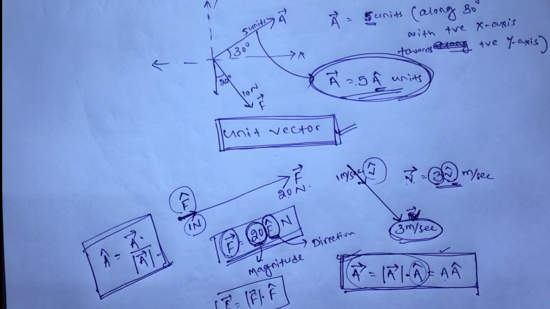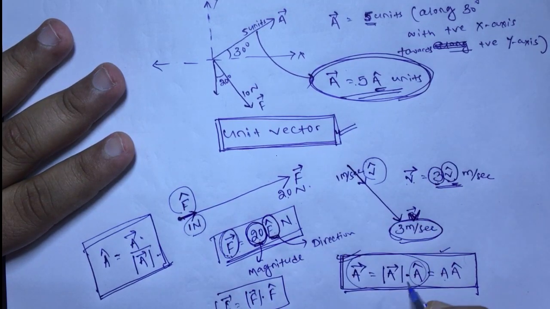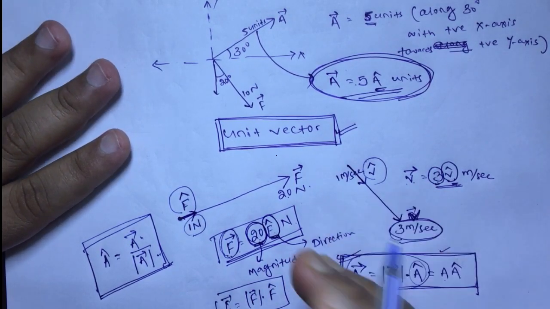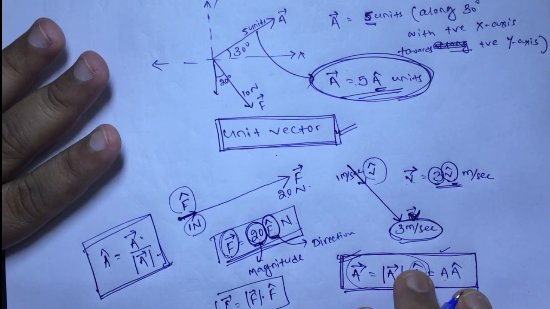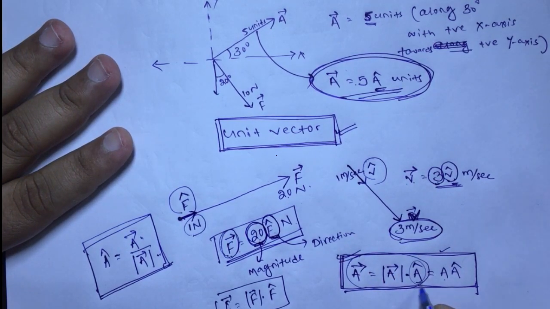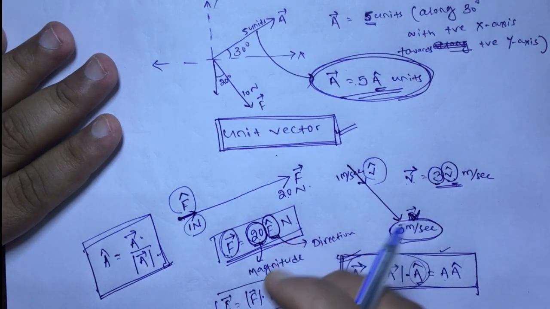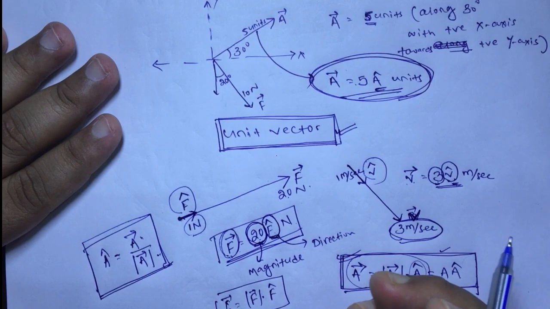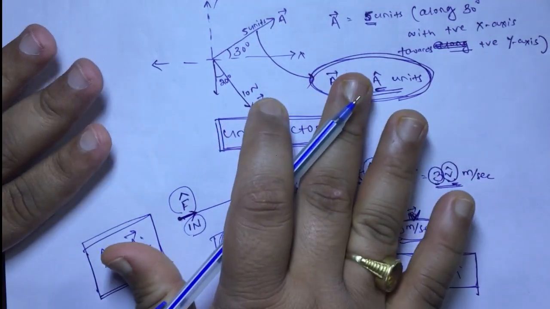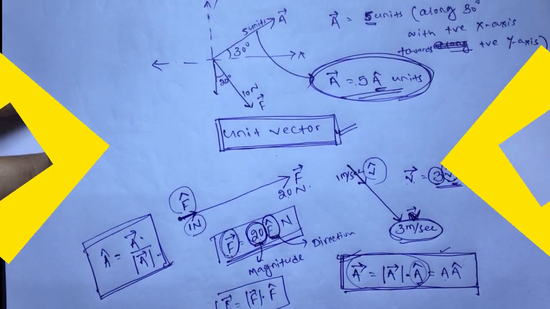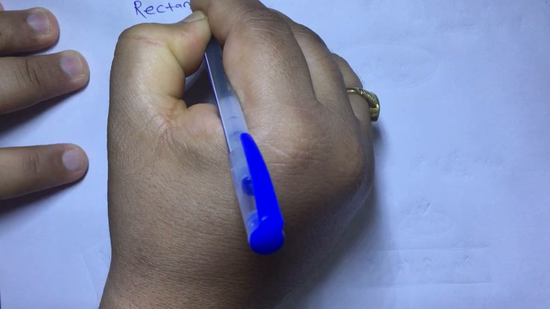Now let us come to the next part, because till now our aim is not fulfilled. I cannot write like this and tell, okay, I have written the a vector, I have shown the a vector without a diagram. No. Because here also the same problem, a cap direction is not known. So, now let us again modify this concept further to move towards the fulfillment of the initial aim. Okay. Now, our next part is rectangular unit vector.